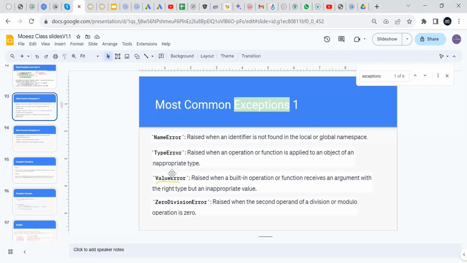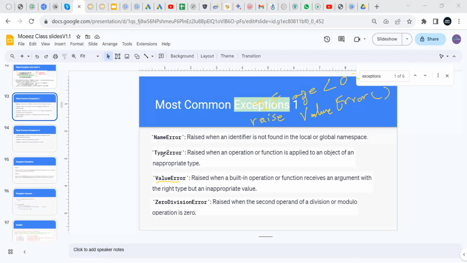So you can say, if I give you -1 for the age, it's not acceptable, so I raise a value error. If age is less than 0, we raise value error.